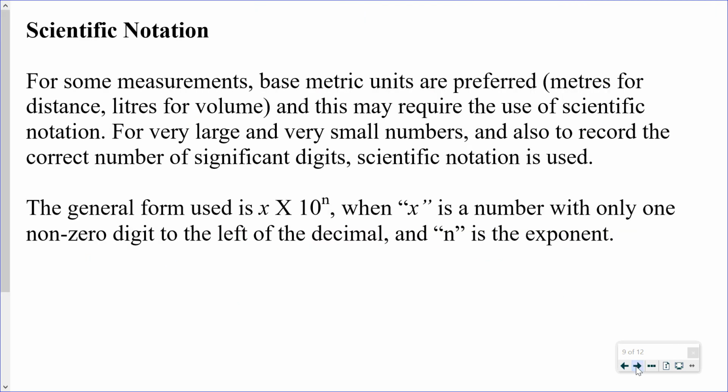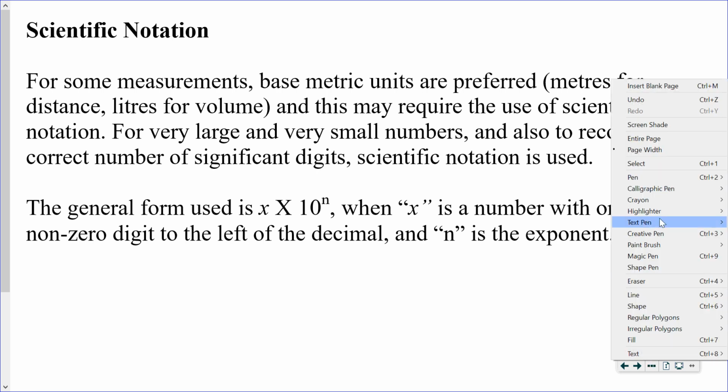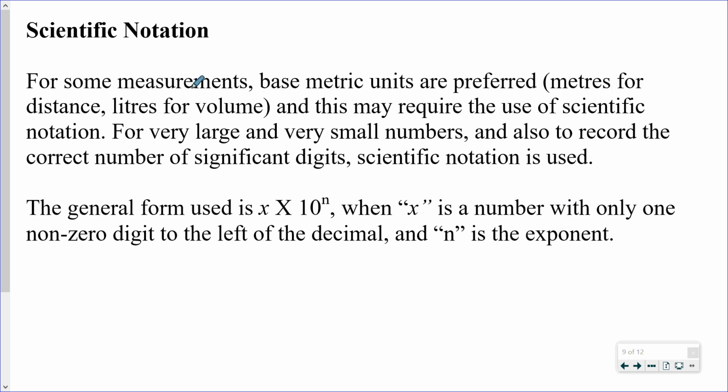Scientific notation or exponential notation. So we did see a little bit of this when we were talking about significant digits as well, and recording numbers to the correct number of significant digits. So just a quick little refresher on that. If we do have a number that is